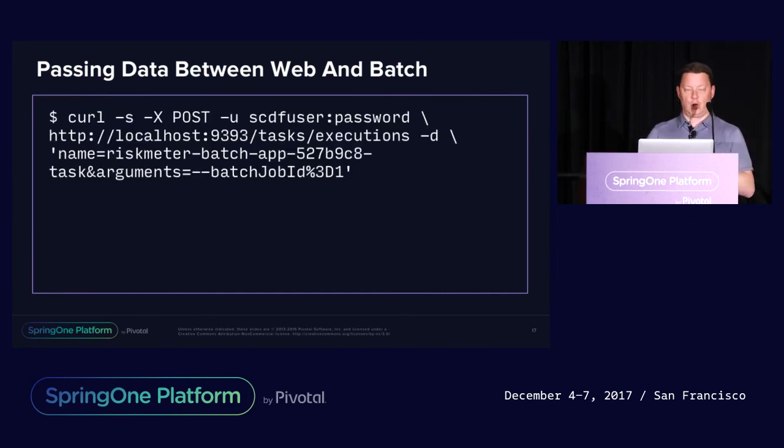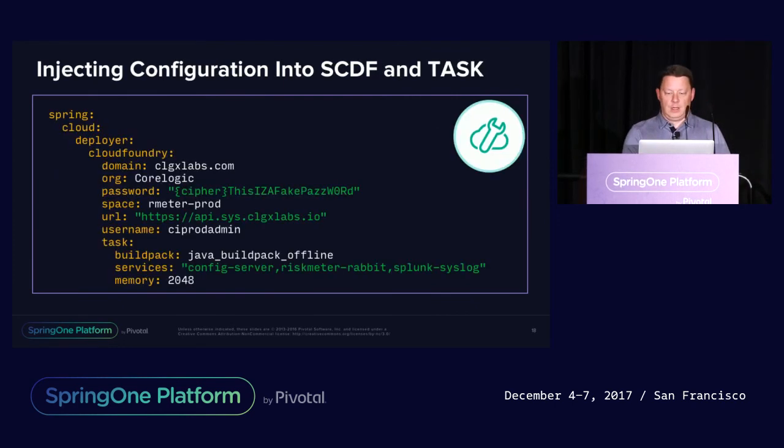Here's what it looks like as a curl. And this is basically what we do for our smoke test: we put a curl to say, hey, Dataflow server, start an empty batch. Lastly, injecting configuration. So at this point, you now have 3 times the number of applications that you need to